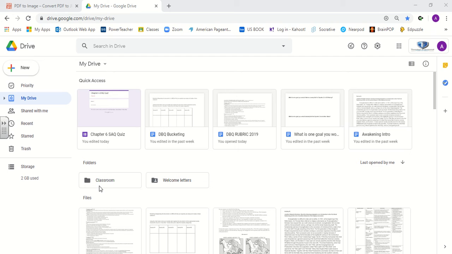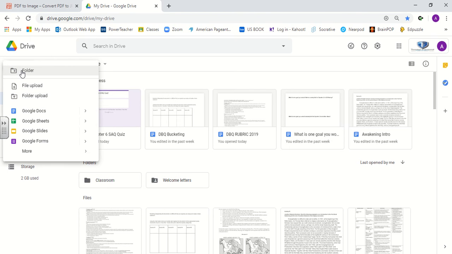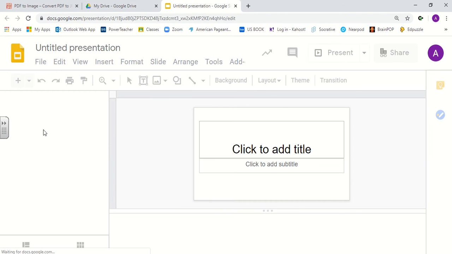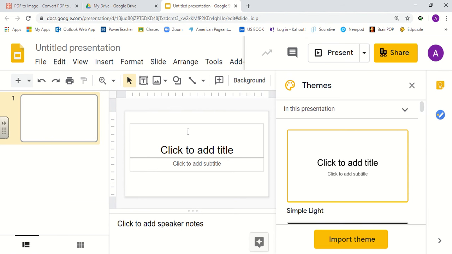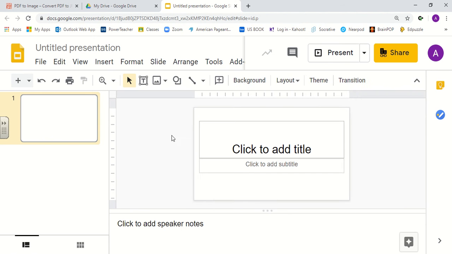So starting out at Google Drive, we are going to create a new document. So you're going to click in the upper left hand corner, new. We're going to be using Google Slides. So in Google Slides, we're going to be able to change the background here